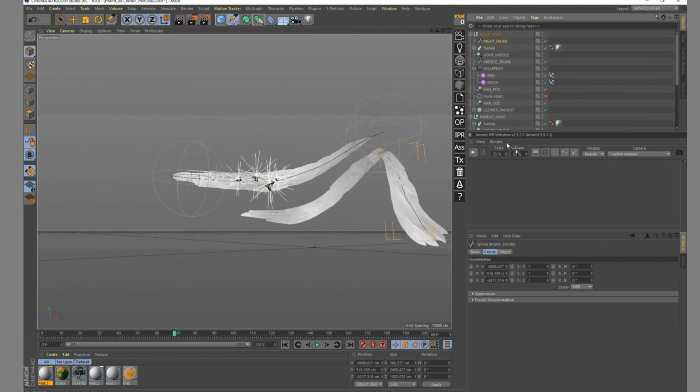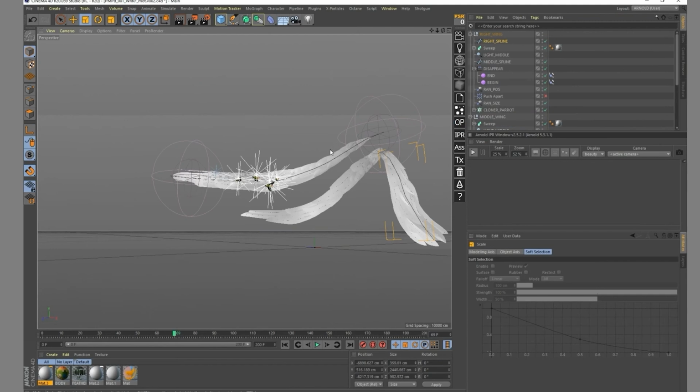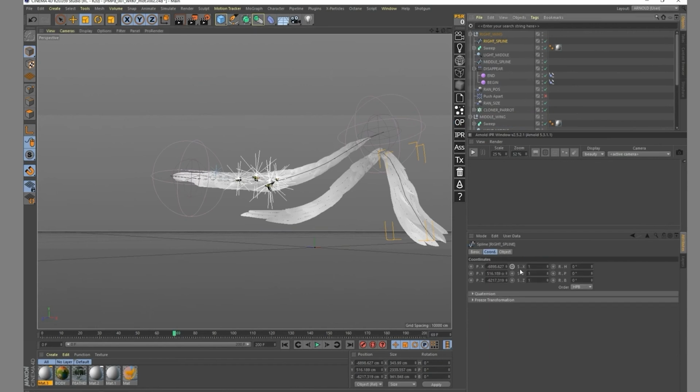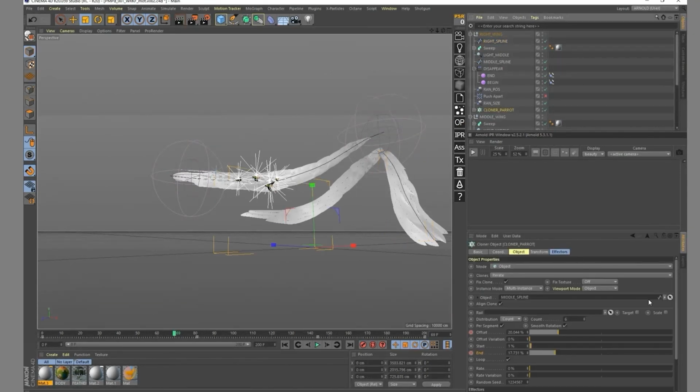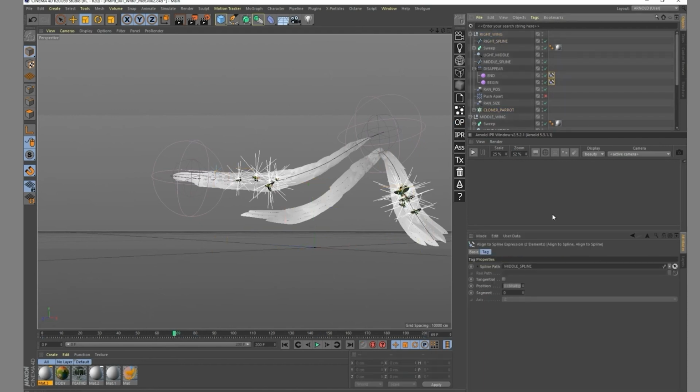It's really just now the same process going over and over again. So I'm really going fast with this, but I think you get the point. And now I can update my parrot to not use the middle spline, but the right spline. And those follow spline to use the same one.